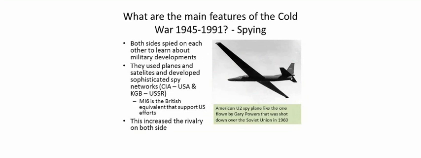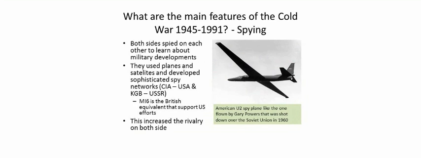Both sides sent spies after spies to each other to learn about military developments, to see hidden weaknesses, to almost foment dissent, not just in each other's countries, but in the allies of each other's countries, or anyone who you could possibly influence to hate your rival. So, for example, Russia would send spies to Latin American countries to make them push communism and therefore rival America, and America would send spies back to try and do that back.